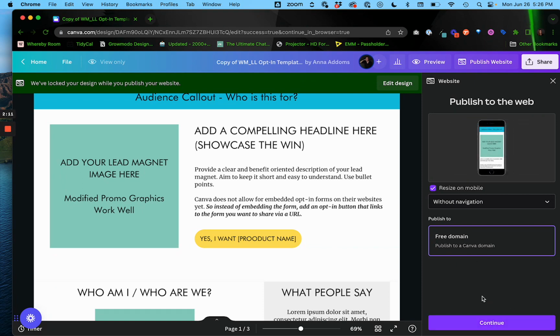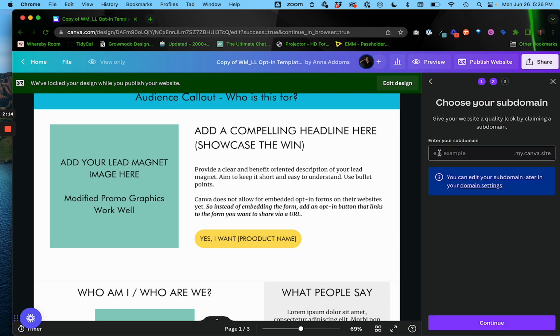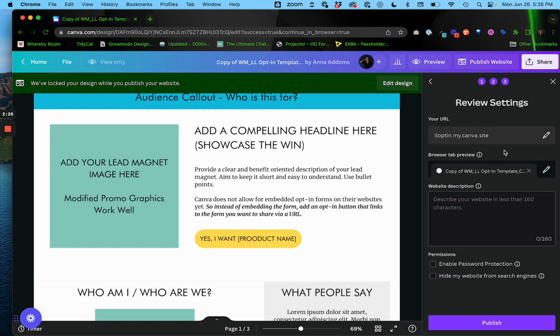So I'm going to use a free domain and click continue, and I'm going to create a subdomain for this because that's the format for this. So I'm going to do LL opt-in, and then I'm going to click continue, and then here I'll be able to do things like update my browser preview so I can add a website description, I can enable password protection, I can hide it from search engines. If I wanted to do that, I'm going to skip this and click publish in order to have it published,